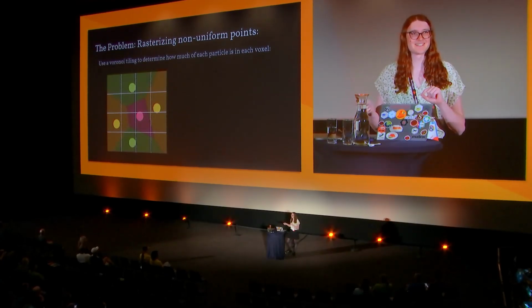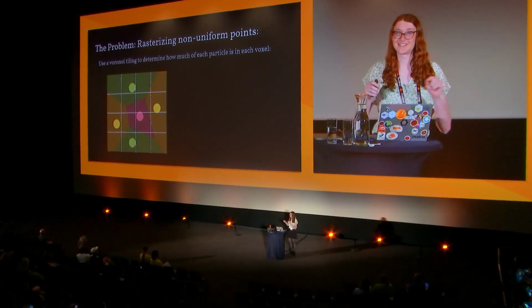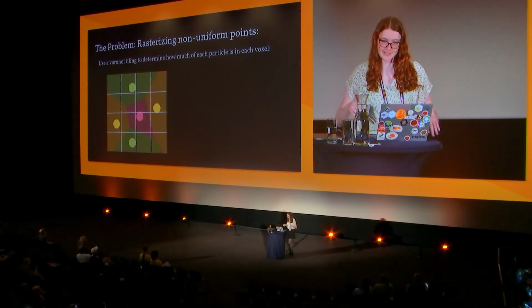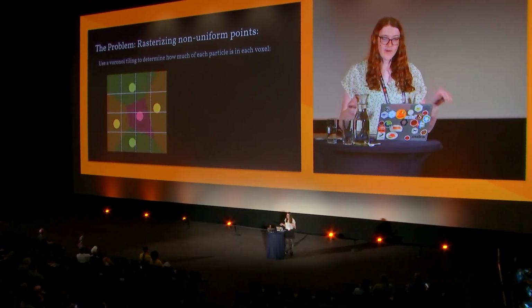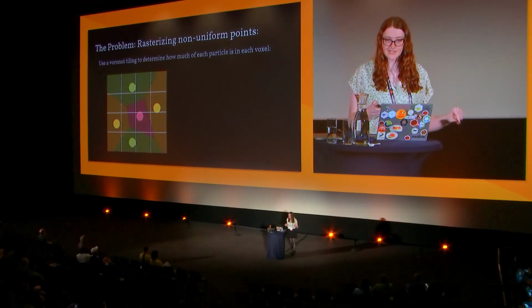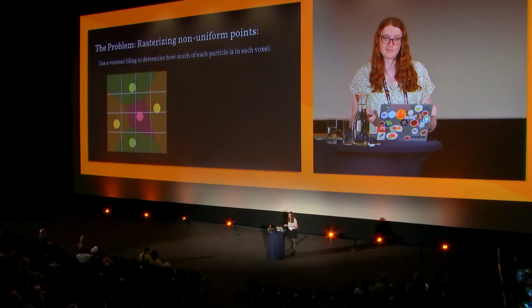I'm showing it in 2 dimensions because it's easier to understand. Just know that in the real thing, you just do it a third time for the 3rd dimension. The way that the algorithm works is that we check each corner of every voxel to find the nearest point in the point cloud.